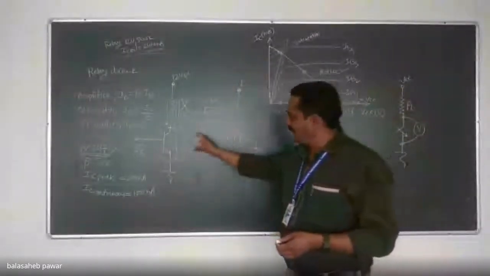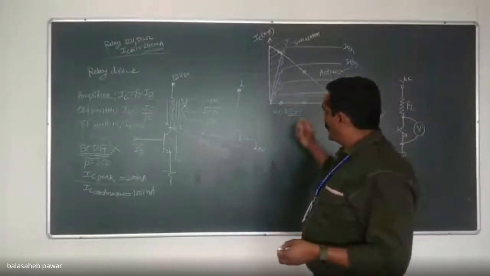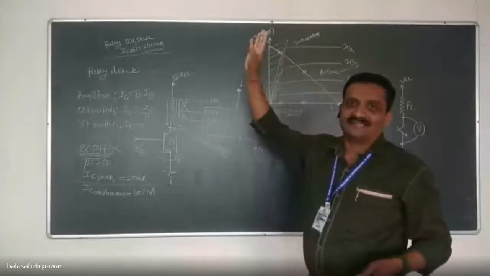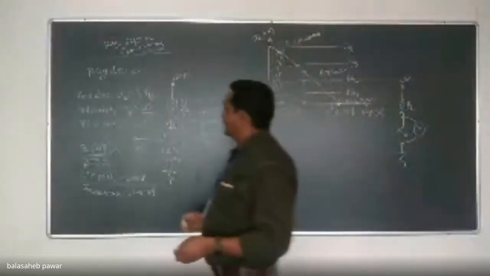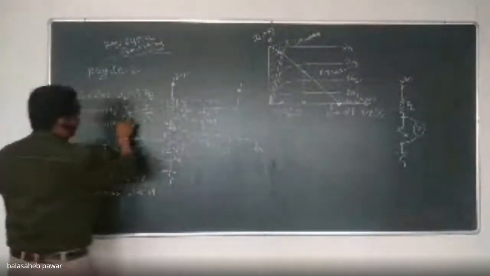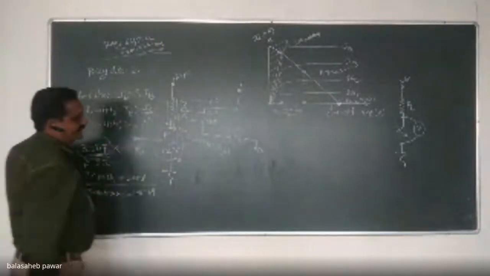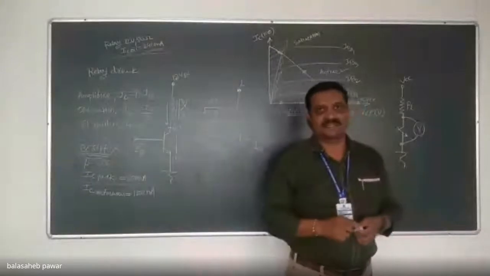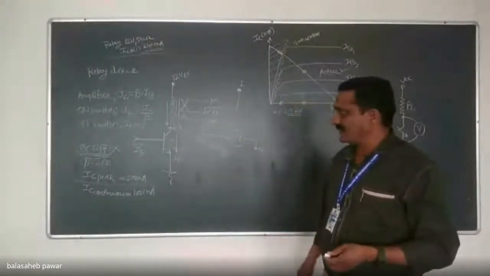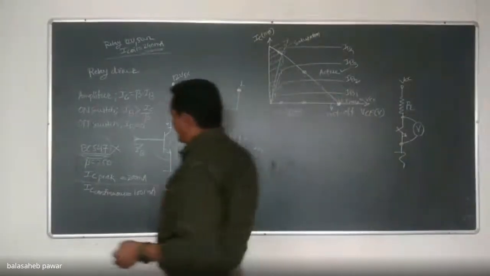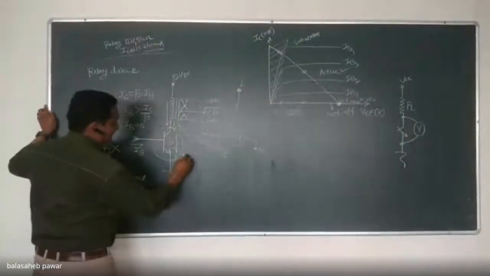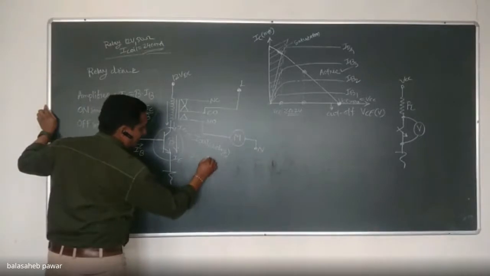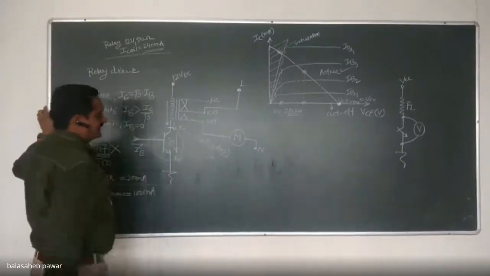So to avoid it, we will force that transistor, being an on switch, directly into the saturation region. And for that purpose, how much should be the base current? That base current should be greater than IC by beta. Okay? We'll take one simple example so that it will be very clear to you. Suppose a particular transistor is selected with beta equal to, we'll take it as, 250. We'll consider a small signal transistor.